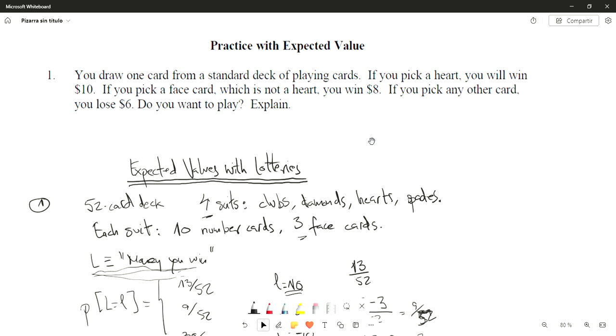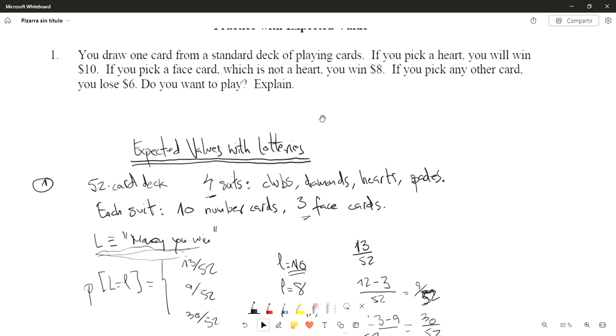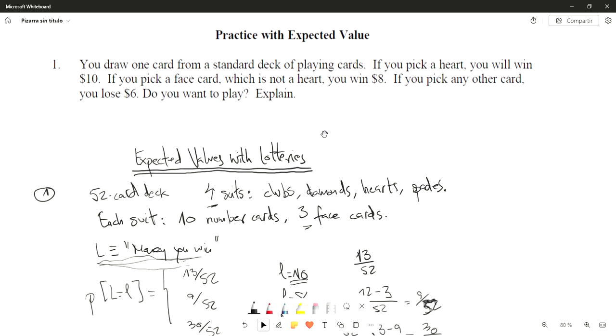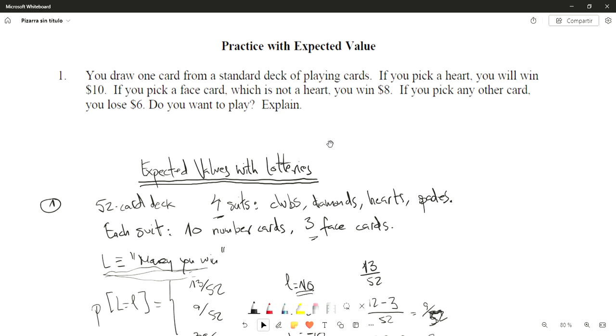And explain why. Now, these are kind of exercises for game theory related with expected values with lotteries. Okay, lottery. We'll see it's a particular case of a random variable which refers to money. Okay, so first of all, what we need to know is that a standard deck of